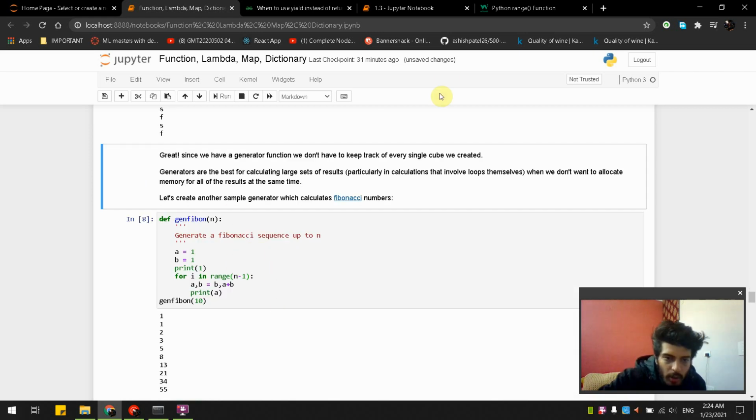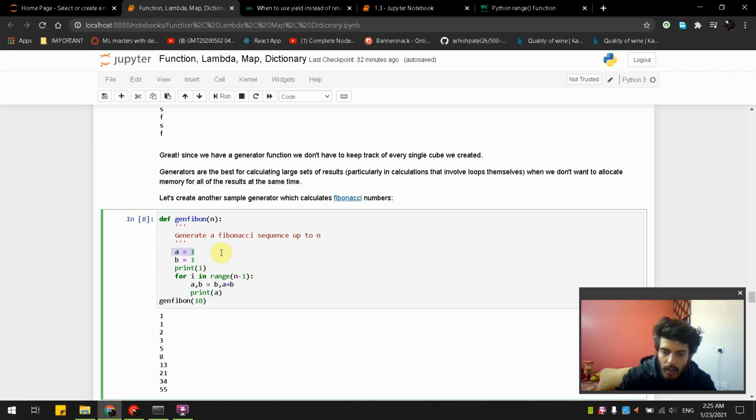Now it is about how to generate a Fibonacci sequence up to n. So here is a function. I have told you to write a function for a prime number, and I think it will be good if you can do it by yourself, but I am going to explain a little about Fibonacci. Like we have defined a function, just use an argument, and then you need to put a is equal to 1.